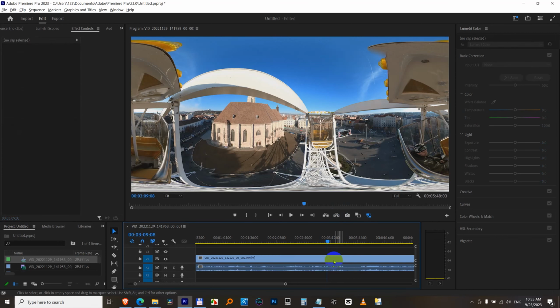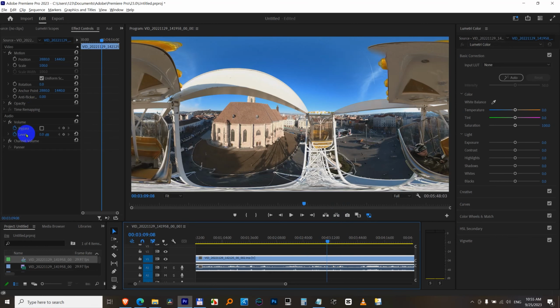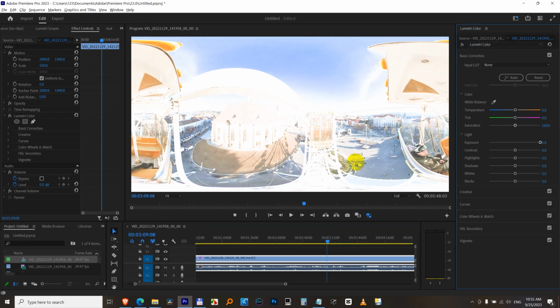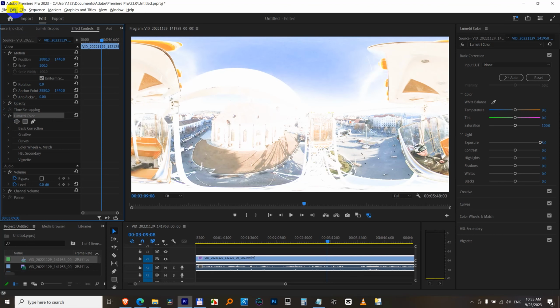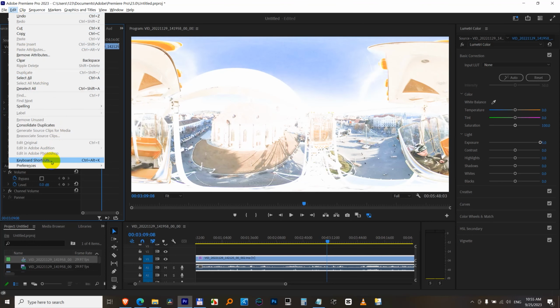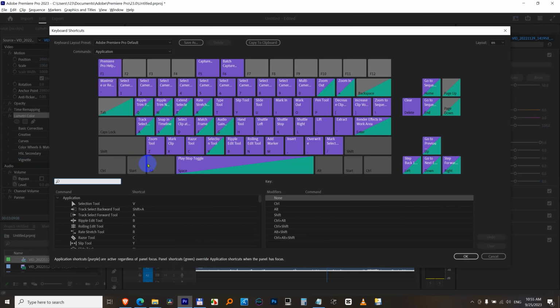How to add a keyboard shortcut for the Lumetri color, which will appear here after I modify something here at Lumetri color basic correction. So for example, let's say exposure is clearly visible, that is modified, and Lumetri color appeared, and to this FX button, how to add a shortcut key so that you don't have to come here to the left side. So come here to edit, keyboard shortcuts, and I want to use, let's say, Shift D, because